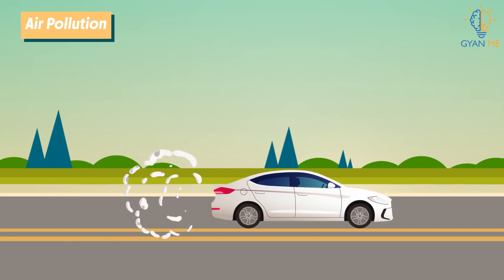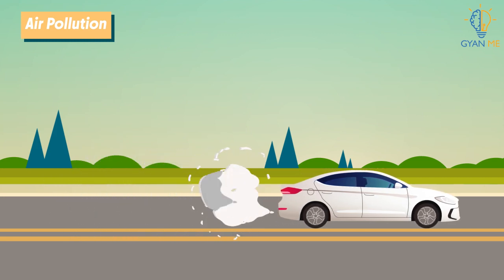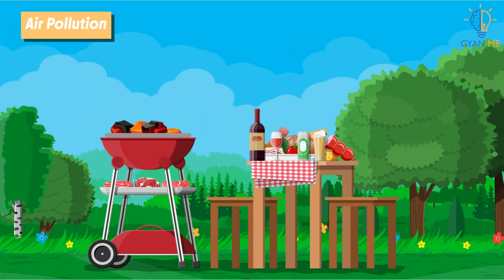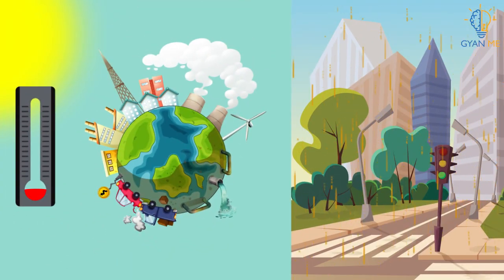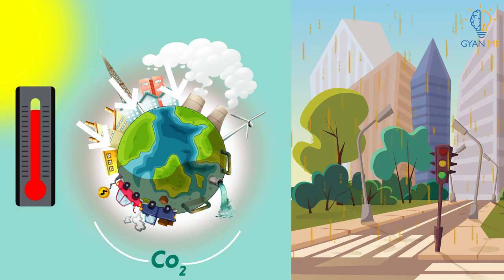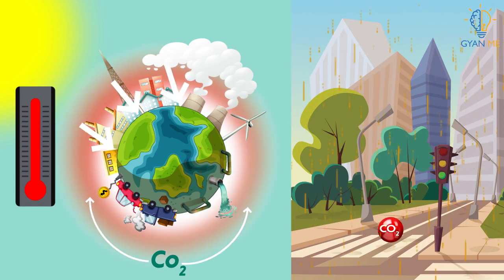During the process of combustion of fossil fuels, a number of toxic gases like CO2, SO2, etc. are generated. In addition to this, burning of coal generates fly ash, along with the other gases which cause pollution of the atmosphere. Students, you know that carbon dioxide traps the sun's heat and causes global warming, while sulfur dioxide causes